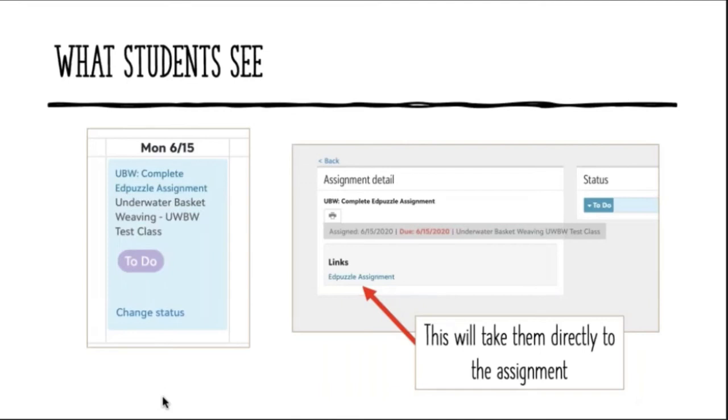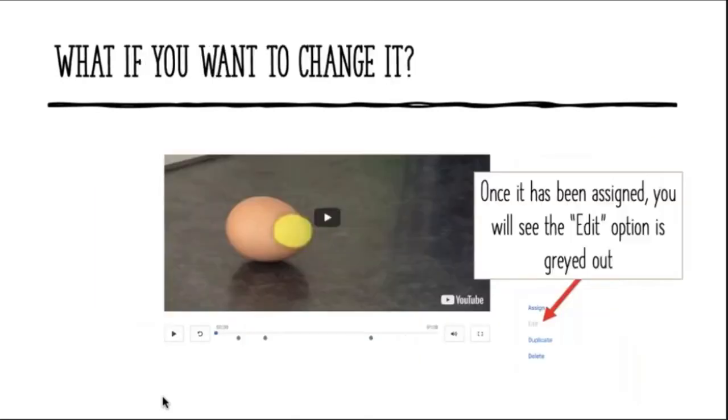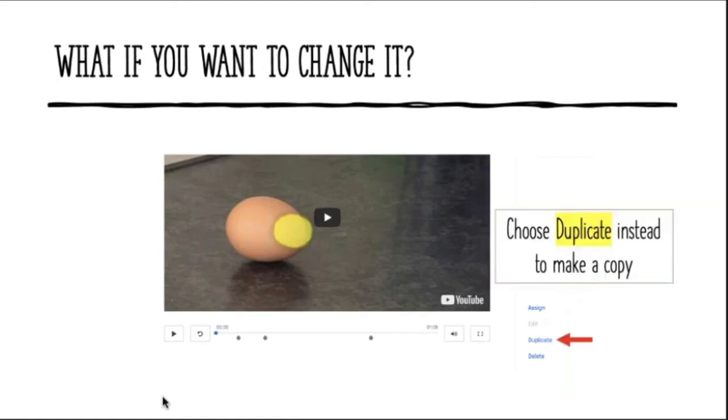You might have to sign in, probably after they do it one time, that's going to be saved in their browser and they just pop right in. So one little kind of hiccup, if you decide you want to change your video, so you've assigned it to everybody and you want to make some changes, it doesn't let you edit anymore once it's assigned. You have to duplicate it and then make your changes. So it'll save what's there and then make your changes and assign again, like unassign the other one. Kind of annoying, but that's just something I want to point out to y'all.